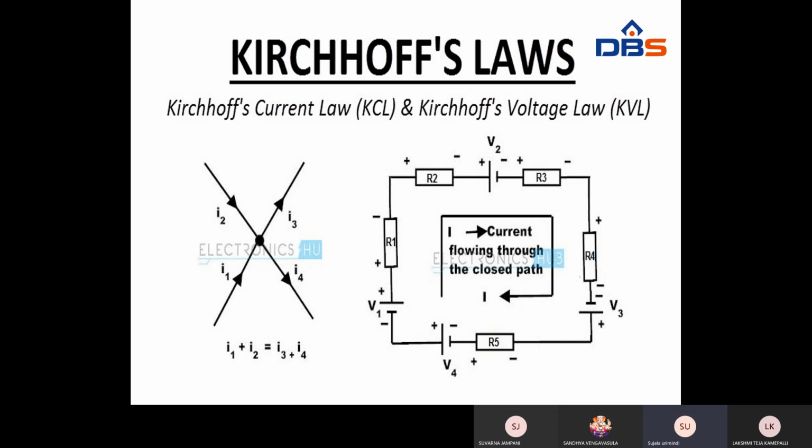So in this Kirchhoff's voltage law, first we have to assume how many loops there are, second we have to assume the polarities, and third we write down the equations. When writing the equations, you have to follow this: if there is a rise of potential, put it as positive. If there is a drop of potential, put it as a negative sign. So the algebraic sum of the voltages being equal to 0 is nothing but Kirchhoff's voltage law, also called loop analysis or mesh analysis.